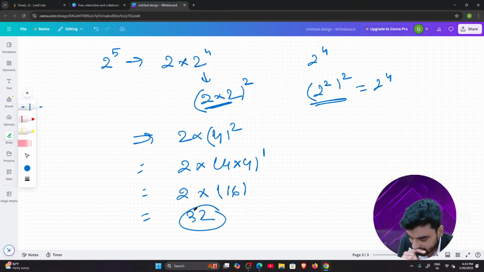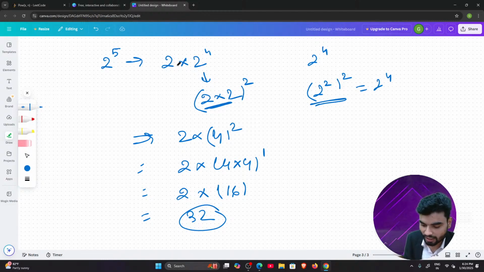Yes or no? So now you see that if I wanted to calculate it by multiplying, I would have to perform 5 steps: 2 multiplied by 2 multiplied by 2 multiplied by 2 multiplied by 2. 5 steps to calculate the multiplication. But with this logic, we can reduce the number of steps, which means the solution can be optimized further. That is a way. There is a chance to optimize the solution.